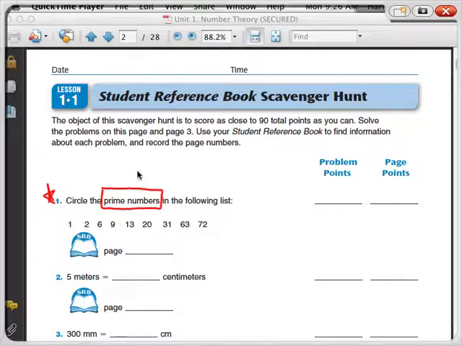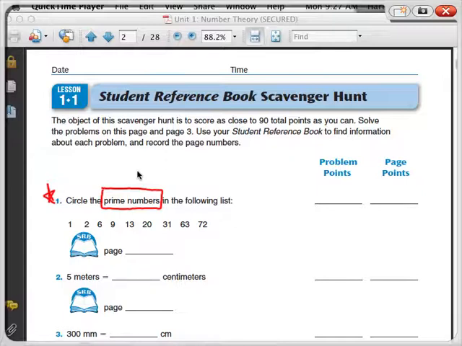Now, sometimes a table of contents can be helpful for finding things in the book. Other times, the index is a better way to go about locating things. I highly recommend getting used to the index and how that works. Everything is organized alphabetically, and when you find your prime numbers, it will have page numbers listed after it. Those page numbers tell you where in this student reference book the words prime numbers are going to come up